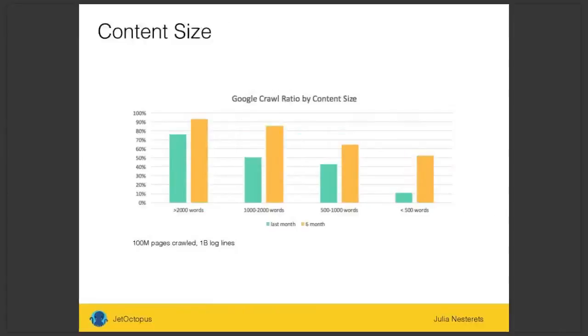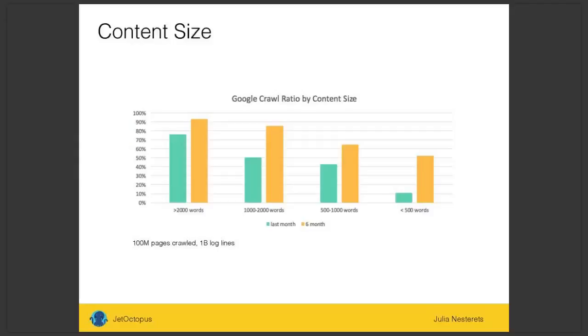Another parameter is content size. Everybody knows that content is king, and that is still the situation, and Google loves content. And you know that right now it is not only the number of words and not only the uniqueness ratio of the words that is essential for Google algorithms. Also, it starts to perceive the expertise level of this content. But back to our slide,